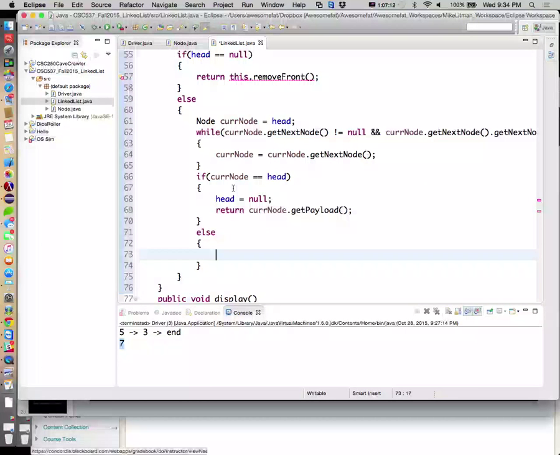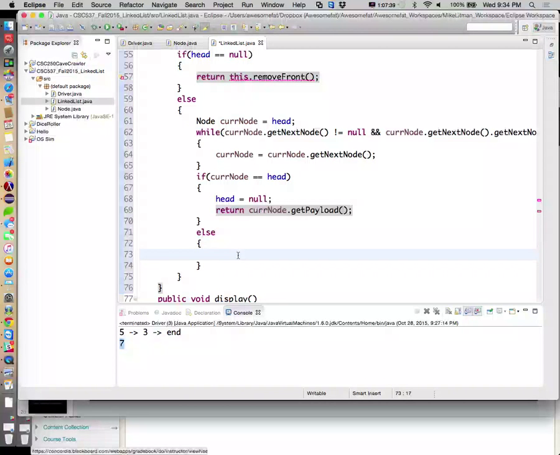So that's if Cur Node and head both point to the same place. That means we have the one list. Go ahead and just set head equal to null. We're out of stuff, right? We're back to the empty list. And then let's just return the payload associated with whatever Cur Node points to. Cur Node will die off at the end of this method, so garbage collection will come and pick up that node. All right. Otherwise, we're sitting right here.